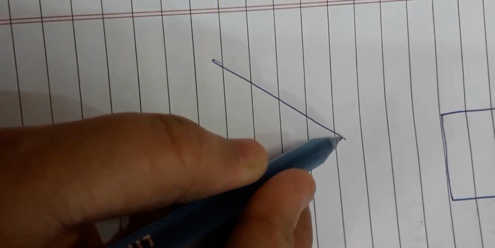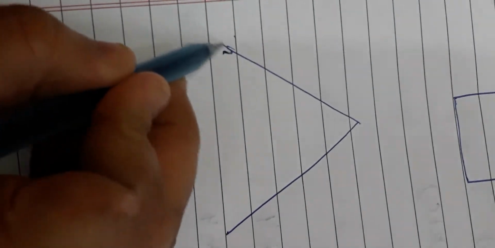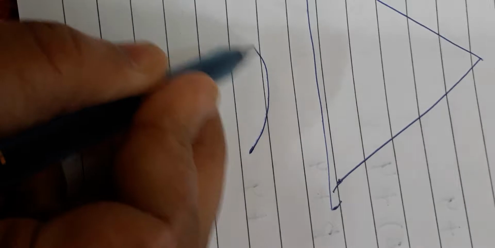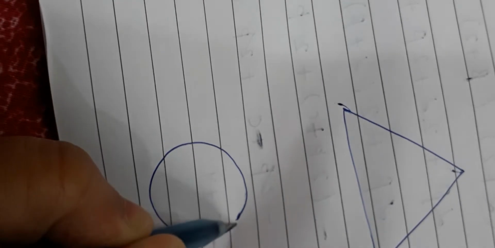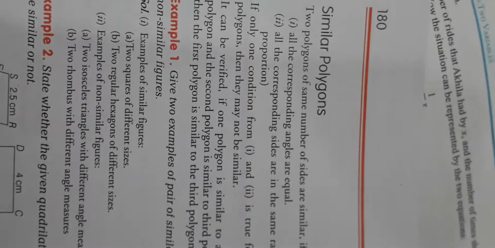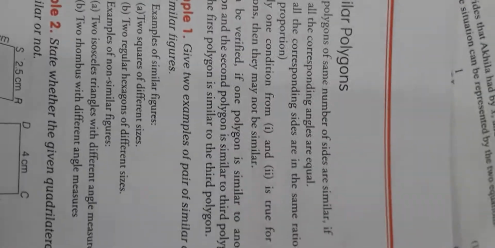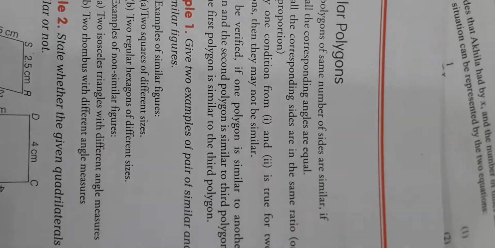You can see in this example, let us take this triangle. This triangle is similar to this triangle. Now you can see this circle is similar to this circle. So it is understood that polygons are similar when all the corresponding angles are equal and the corresponding sides are